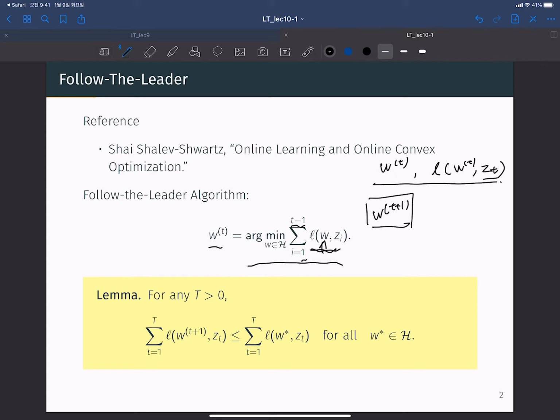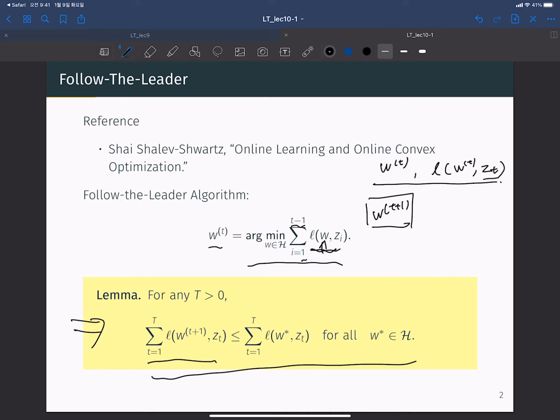bound. To show the regret bound, let's first start with this very useful lemma that looks very intuitive and trivial, but needs some proof for a rigorous statement. So what is the lemma? When we use the follow the leader rule,